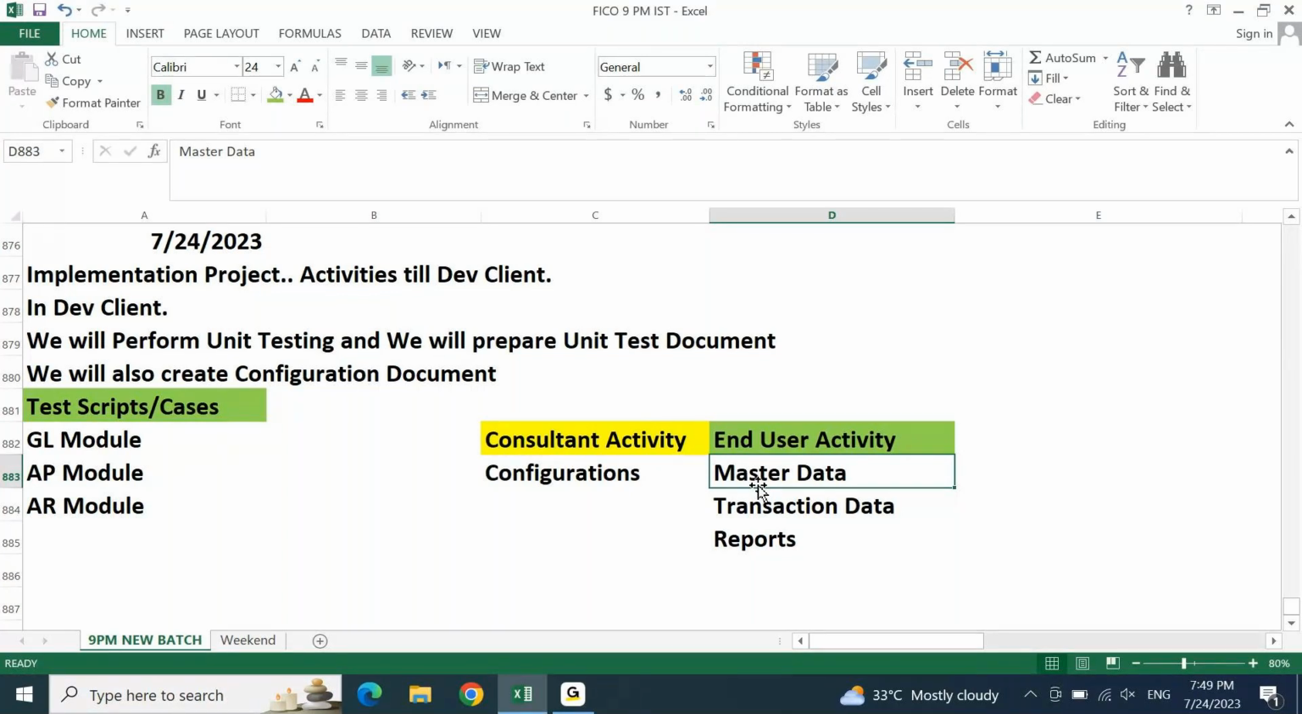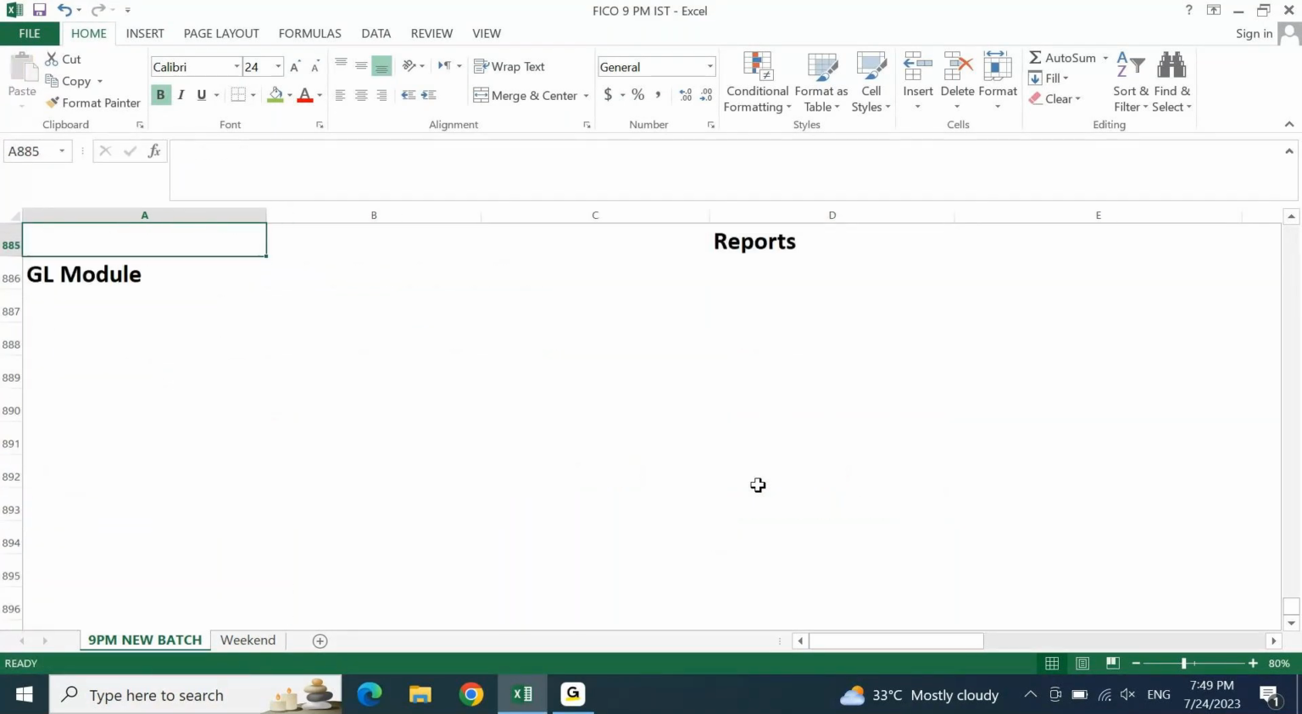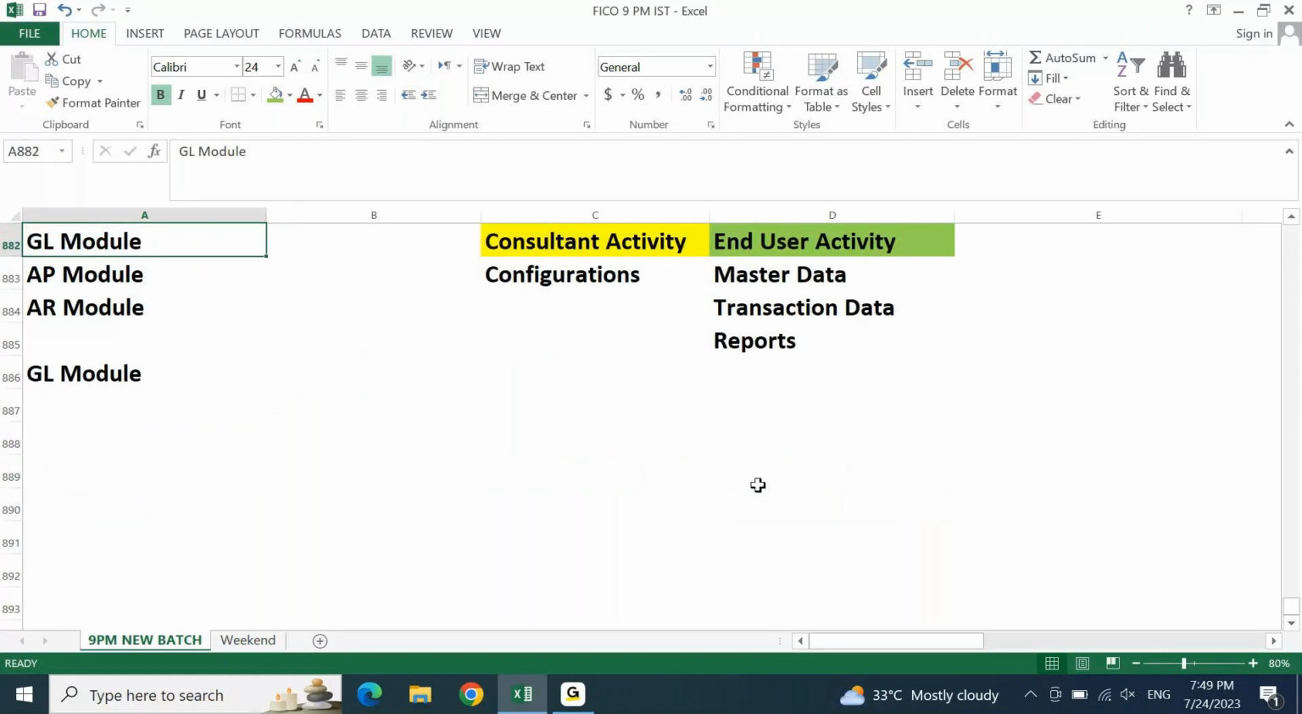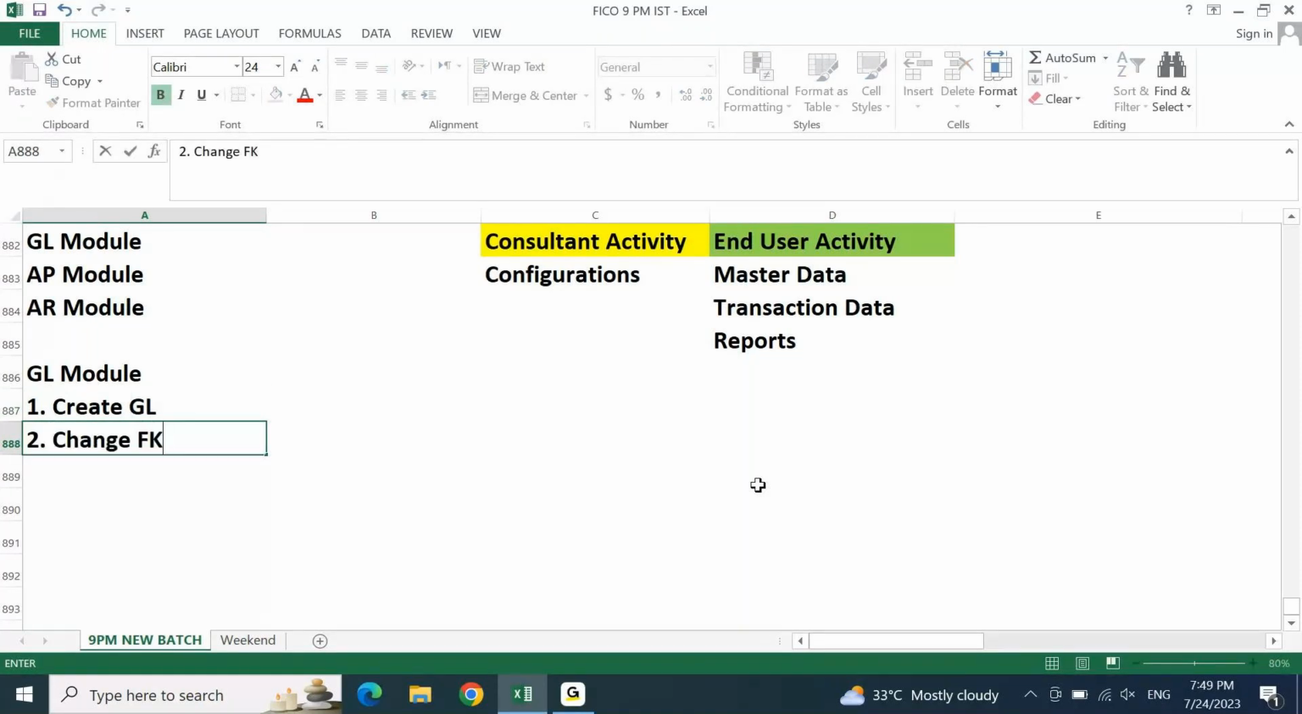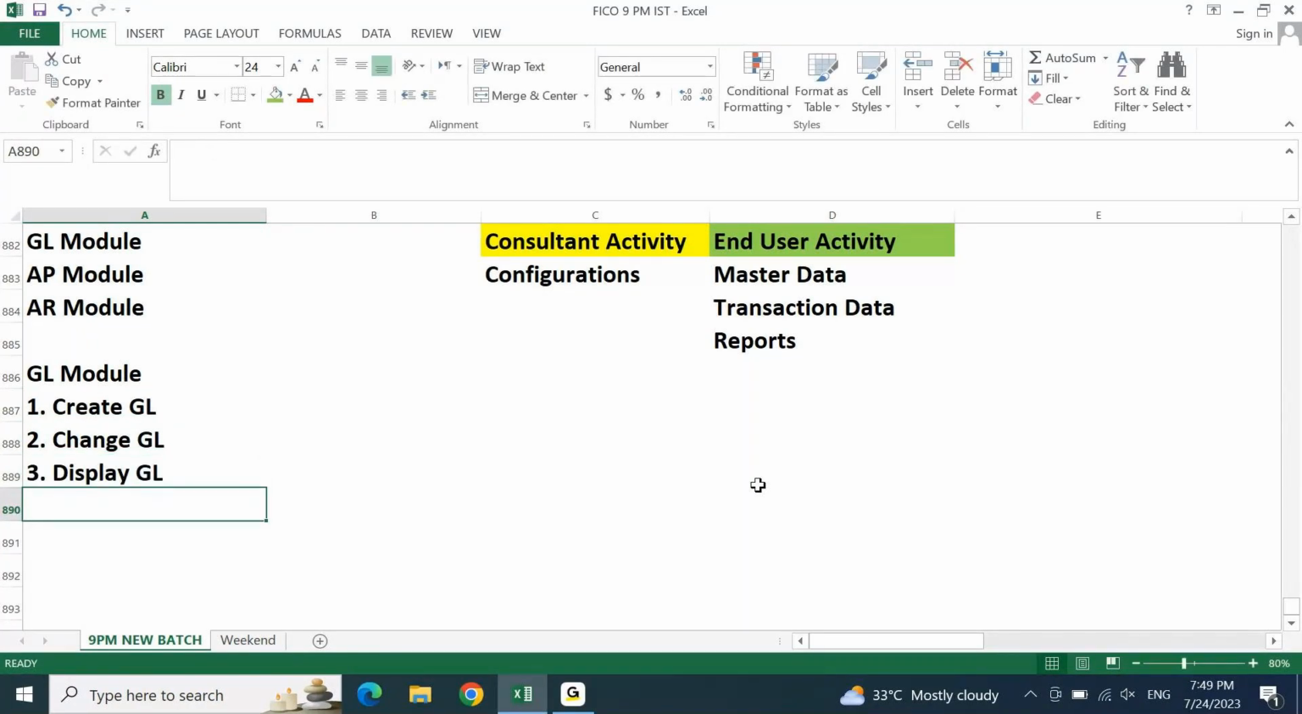In short, from GL point of view, you will be creating a GL master data. So if I have to put test cases, I may simply put create GL as a test script. Now I will say change GL is another test script. Third one, display GL is another test script, which means for a simple GL account, you are going to have